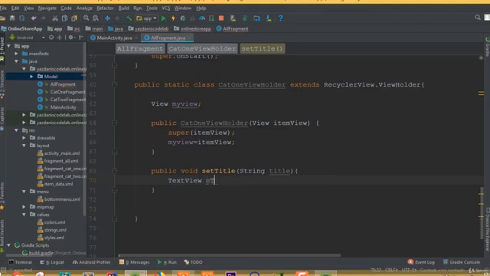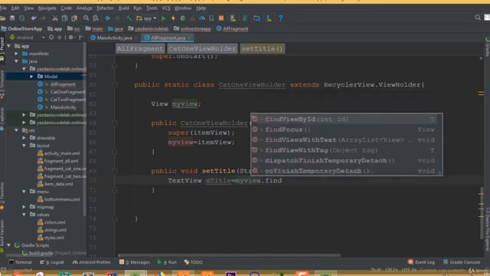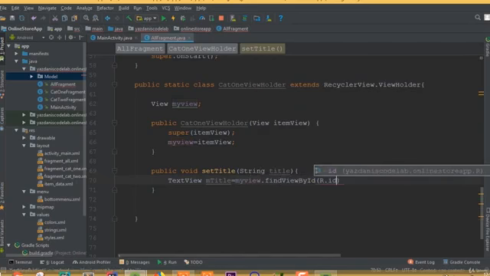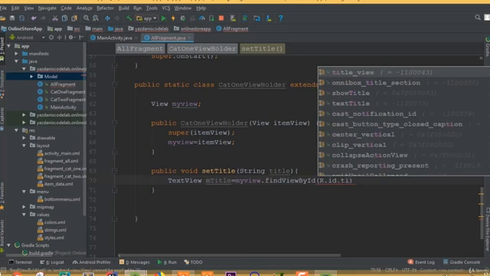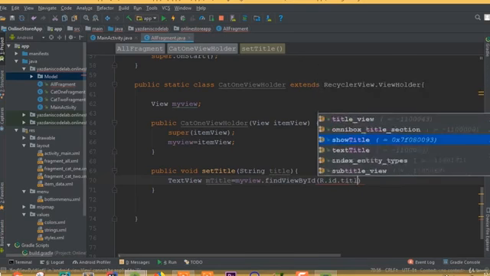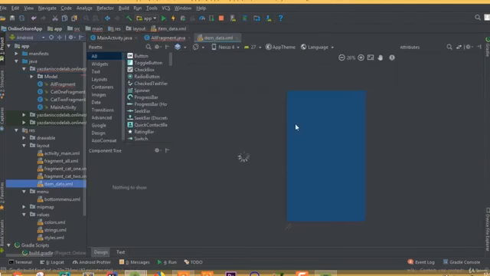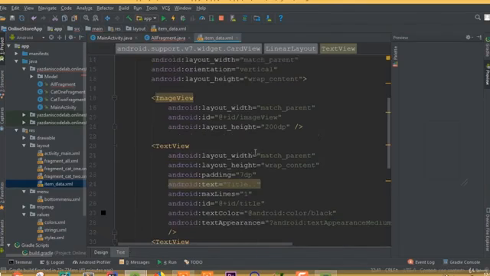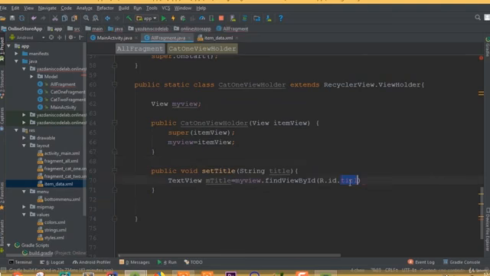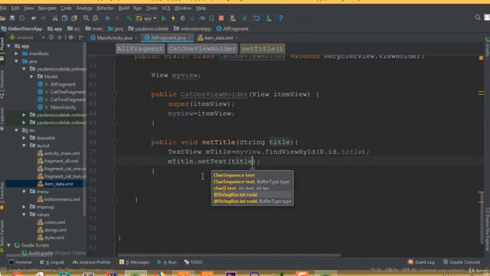So TextView mTitle is equal to myView.findViewById(R.id. what was the id name? So our id name was title. Okay, go to this item data. So our id name is title. Now mTitle.setText is going to be our this title,